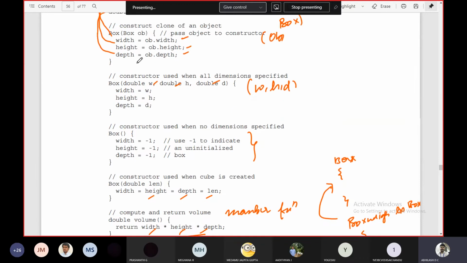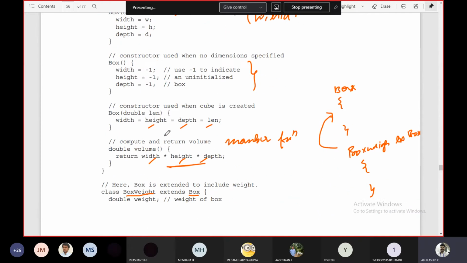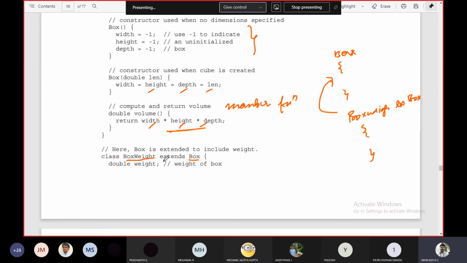It can see all the constructors, all the member variables, all the member functions, apart from private. Now here, again in box weight also, we have the same instance variables. So I have here weight, height, and what was the other one? Depth. Even in the box weight also, I'm having weight, height and depth. So whenever I create an object of this box weight,